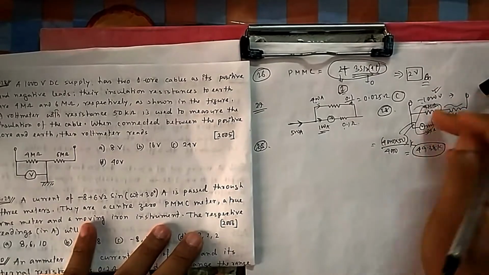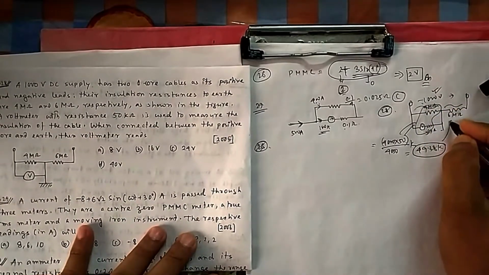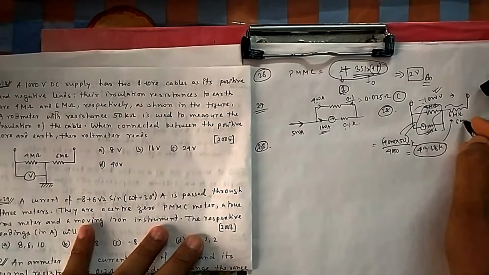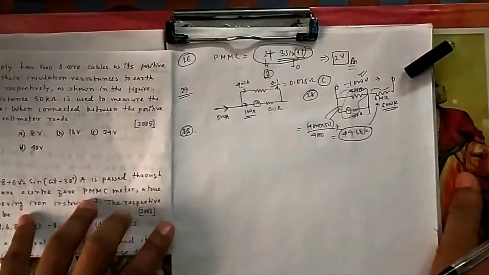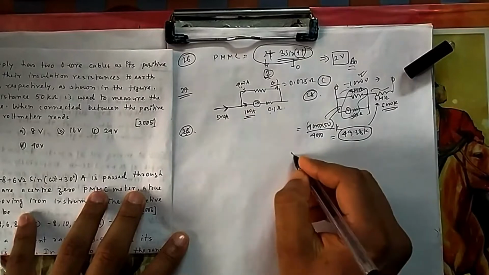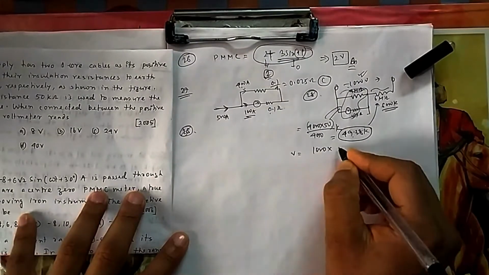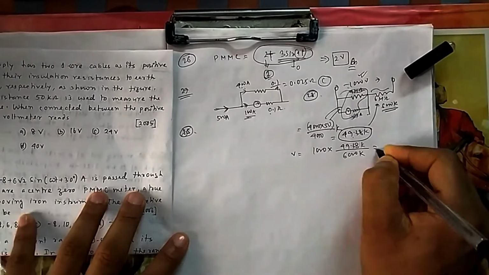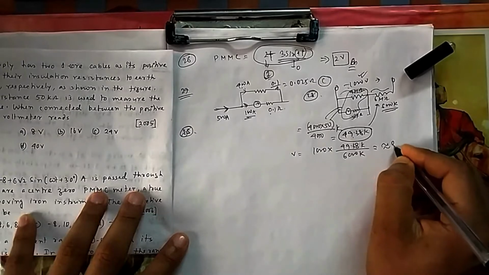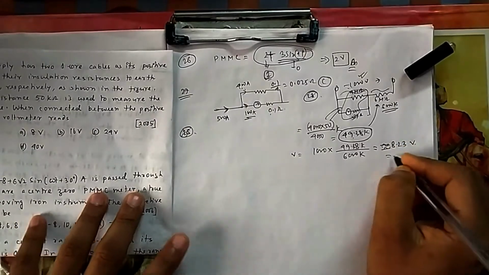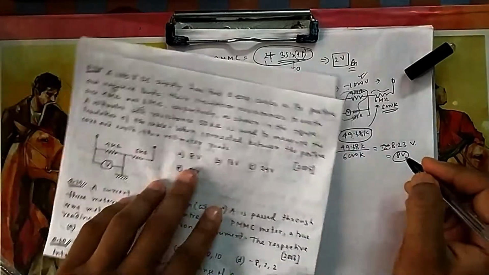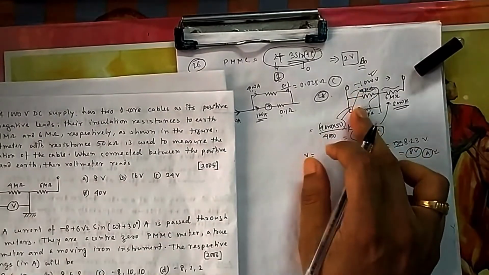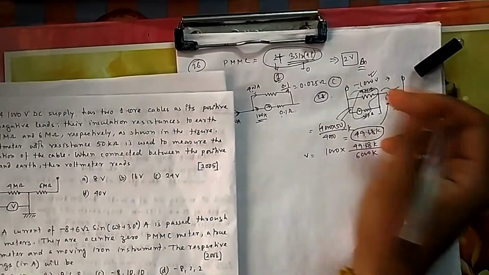Now the 1000 volt will be divided in this ratio. One side it is 49.38 kilo and the other side it is 6 mega, 6 mega means 6000 kilo. So the voltage that you will measure is 1000 into 49.38 kilo divided by 6000 kilo. So kilo will go out. It is exactly 8.23, which is near about 8 volt. So it will measure 8 volt, from the options you can see. It is simple. This much and this much resistance will be in parallel, then the 1000 volt will be divided in this ratio.